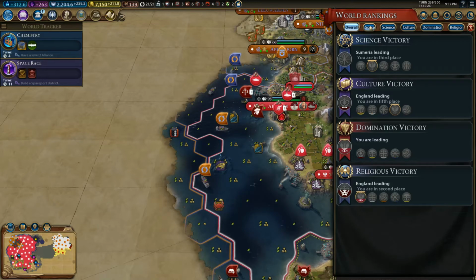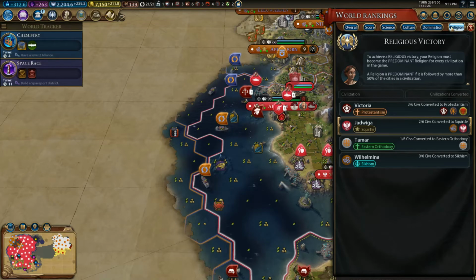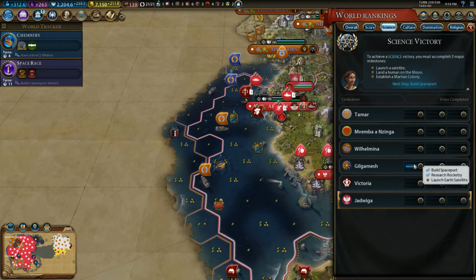She has more full conversions. We've been hitting Tamar pretty hard, but we still haven't fully gotten to half of her cities. We're getting close, though. We don't have enough charges, unfortunately. But obviously, we have Wilhelmina ourselves. She has herself, Gilgamesh, and the Congo. So if I fight in Victoria's lands and win with my apostles, then this could turn the tides of the religious game. As far as science goes,